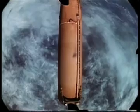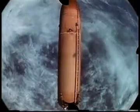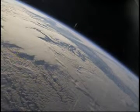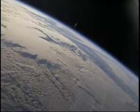And then it takes us another 6.5 minutes once we get rid of the solids to just go ahead and burn the remainder of fuel in the external tank. We want to get to orbital velocity, which is 5 miles a second or 17,500 miles an hour. And once we jettison the external tank, which goes into either the Pacific or the Indian Ocean, we're ready to get to work. The first thing we have to do after we get into orbit is open the payload bay